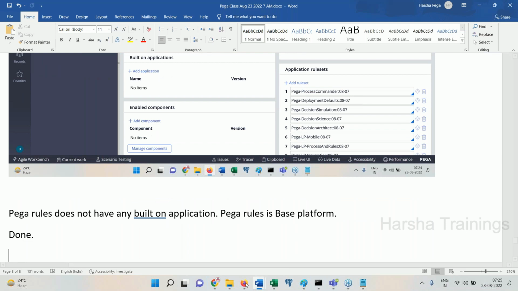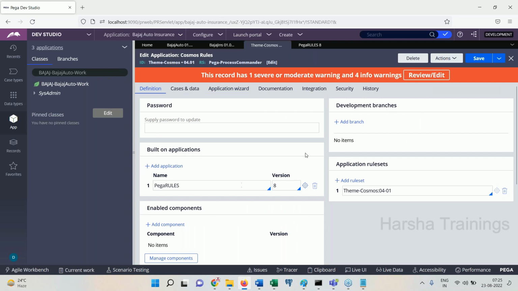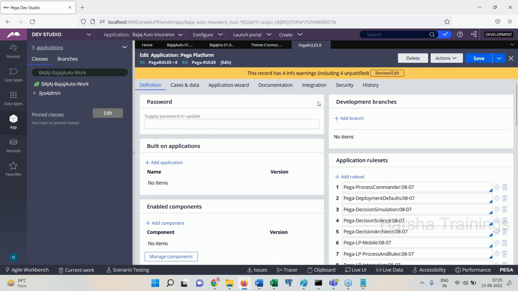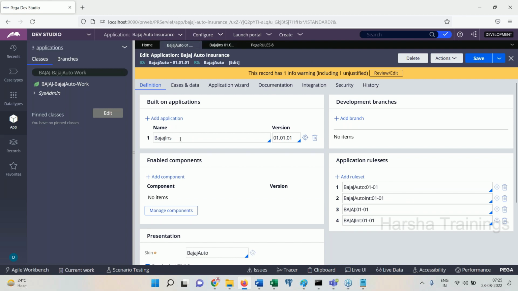See, in between you are seeing theme Cosmos, right? This is the latest development. It was not there before. If you leave aside theme Cosmos, for your implementation application, the built-on application is the framework application. For the framework application, the built-on application is ultimately Pega rules. In between, you just leave the theme out. No need to bother much about it. So like this, your Pega platform is the ultimate base on top of which the framework is created. On top of the framework, the implementation is created. So look at here. For the implementation application, the framework application is the one which is